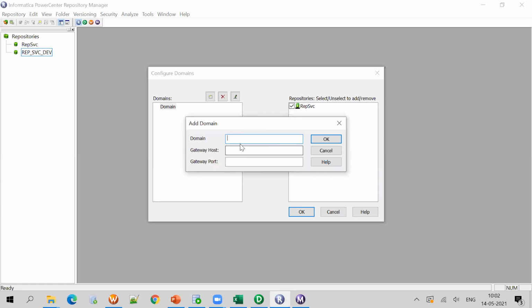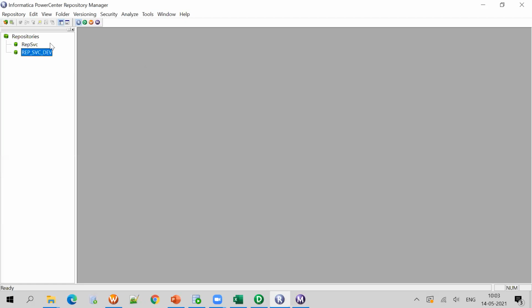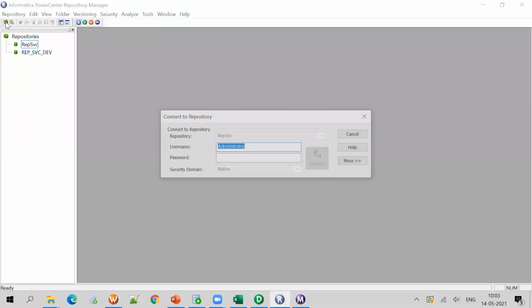I'll explain what those are. These things are done by the administrator, who will give you the domain details directly. I already created the REP SVC repository, so I am connecting to this repository.